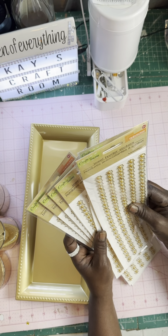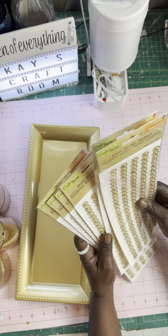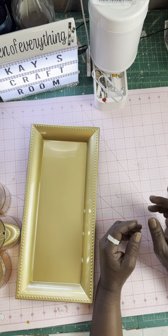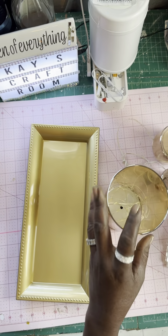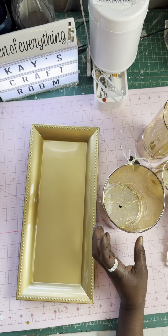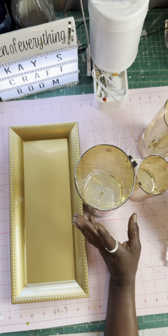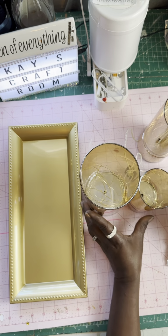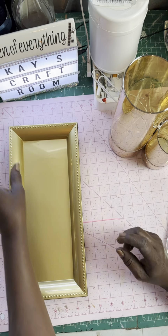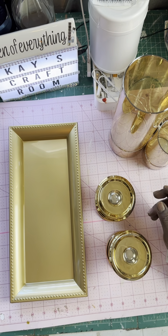These are jewel border stickers from Crafter Square. We have, I believe I picked these up from either Burlington or Ross. I have had them a good while. I wanted to give them a makeover. Okay, then we have these candle pillar stands,